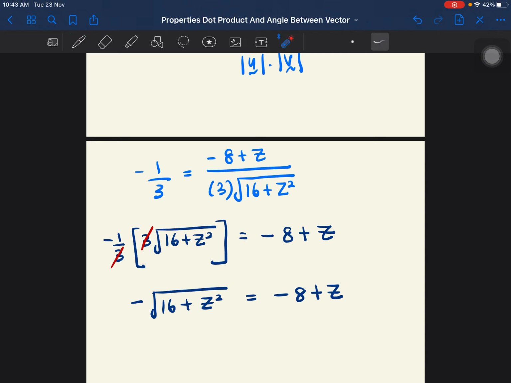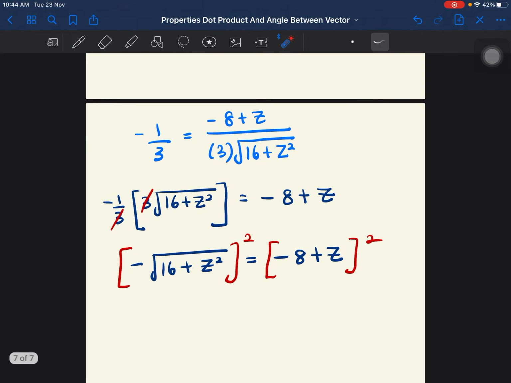Okay, now we want to find the value of z. So we have to get rid of this square root. So how to get rid of this square root? You need to square both sides. Okay, you need to square both sides. So negative squared will give you positive, isn't it? So square root squared, this one can cancel out. So you are left with 16 plus